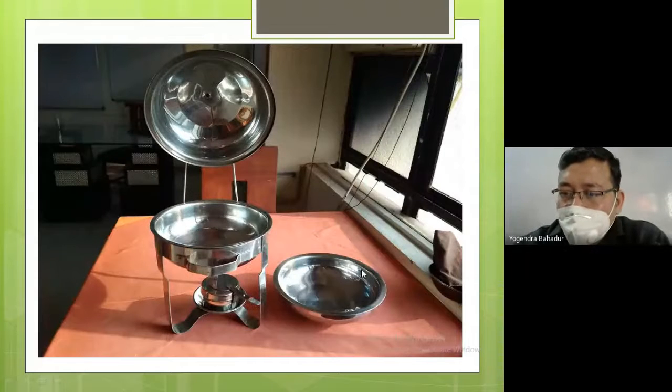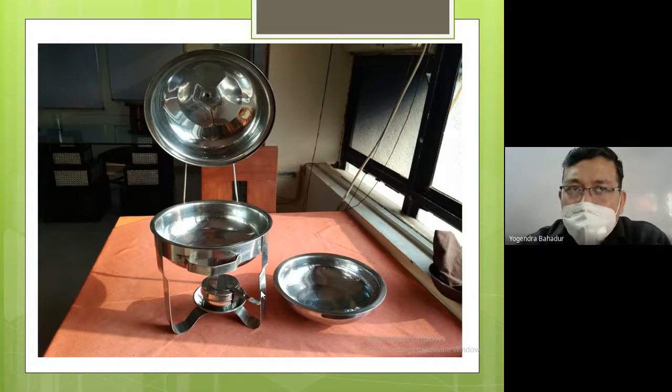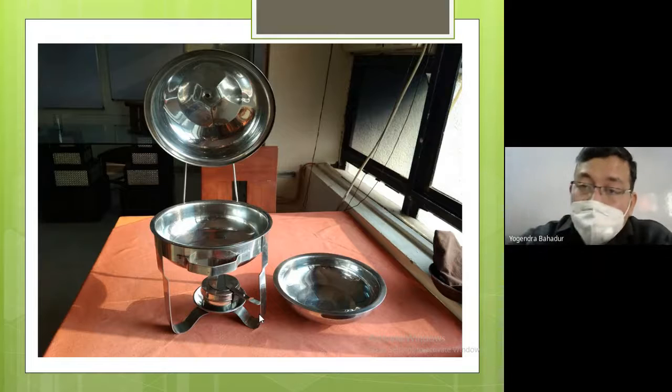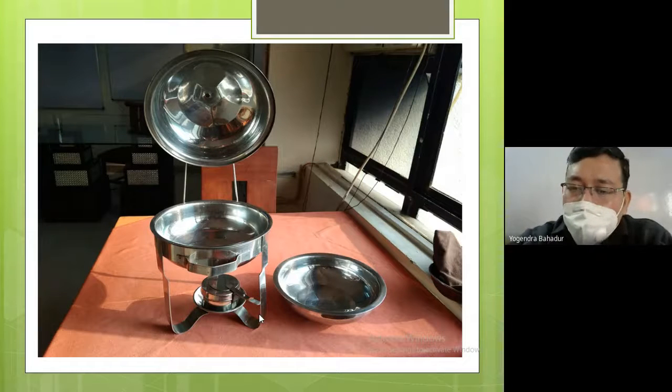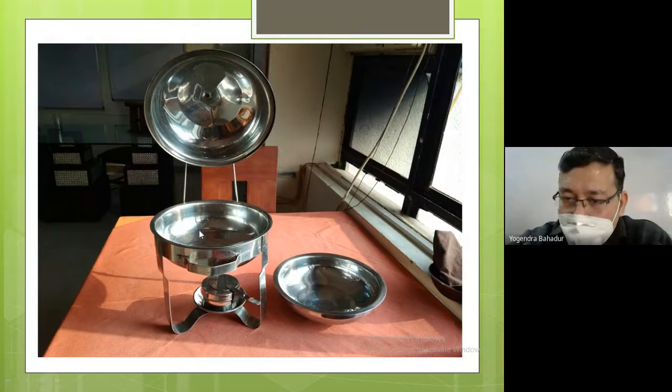This is a very commonly used equipment in the buffet, wherever there is self-service, basically in marriage functions and all that, where you are going to keep the food items. And generally, that food always remains hot while the service is going on. So it is basically known as chef and dish. The spelling will be C-H-E-F, small dash, E-N, small dash, D-I-S-H. Again repeating, it is known as chef and dish. And if you see, this chef and dish would be having 3 to 4 parts.